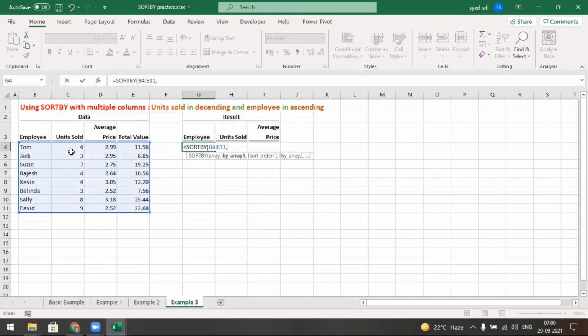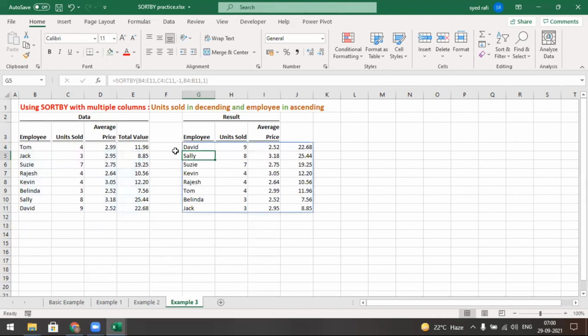You must select units sold, comma, descending order. Okay, comma, and second by array, units sold in descending and employees in ascending. Now I select the employees in ascending, say 1. Okay, and close this one and press enter.